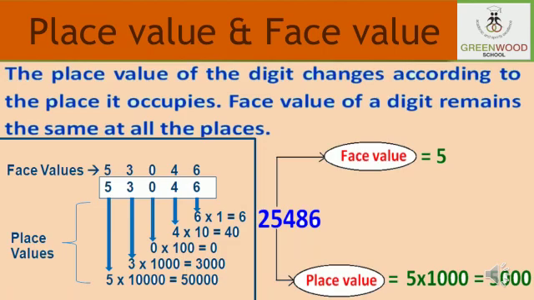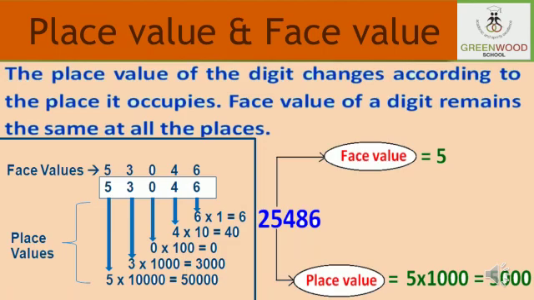If I want 6's place value, then 6 after how many digits is written? Nothing. Then just write 6. To find 4's place value, 4 after how many digits is written? 1 digit. Then first write 4, after that put 1 zero, means 40. Wherever 0 is, its place value remains 0.